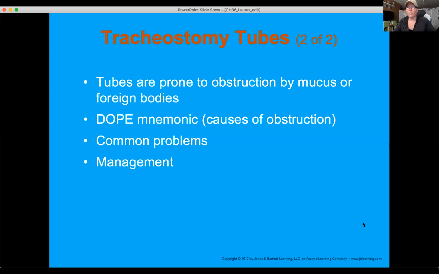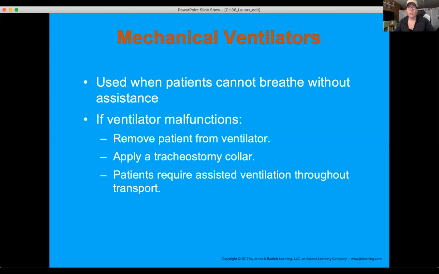Same thing when we have a ventilator fail. Sometimes we get called to patients' homes. They're already on mechanical ventilators. Maybe they have to go to an appointment or whatever. Sometimes we transport for that. Or if it's an emergency call, they're on a ventilator at home. When they're on a ventilator, they're going to require us to assist with ventilations when we're transporting them. If you don't have ventilator capabilities because you're a BLS unit, that's fine. We still have our hands, we still have a BVM, right? We still know how to provide rescue breaths for this patient. The weirdest part is that they're probably going to be looking at you while you're ventilating them. I've actually had patients ventilate themselves too.